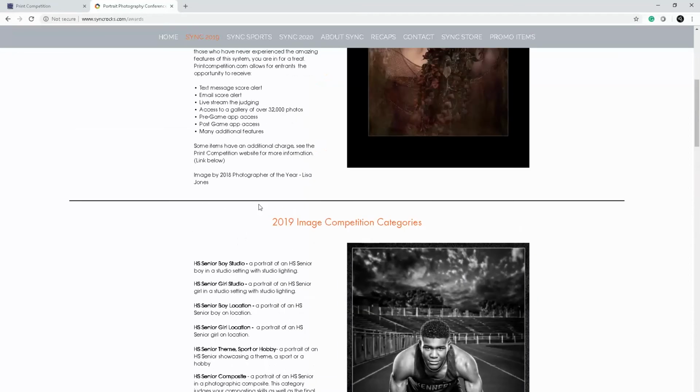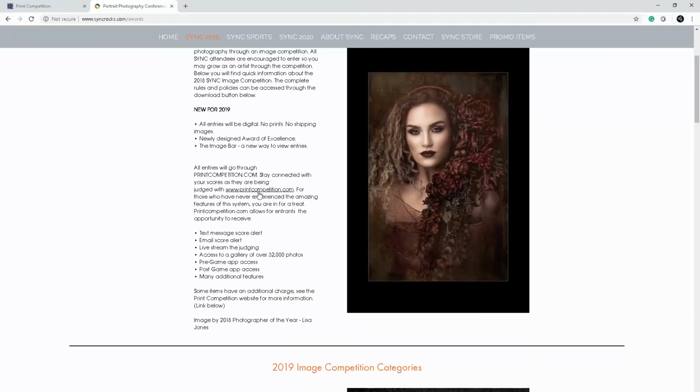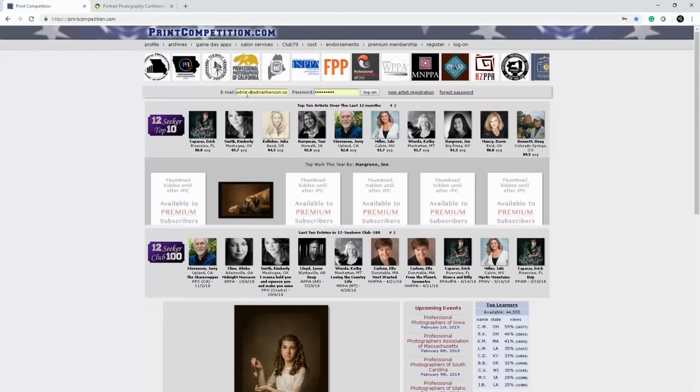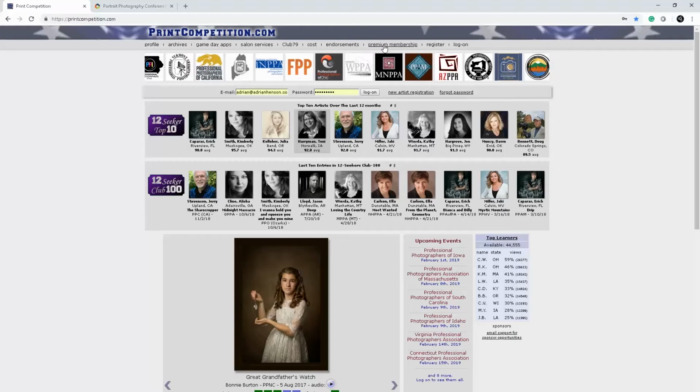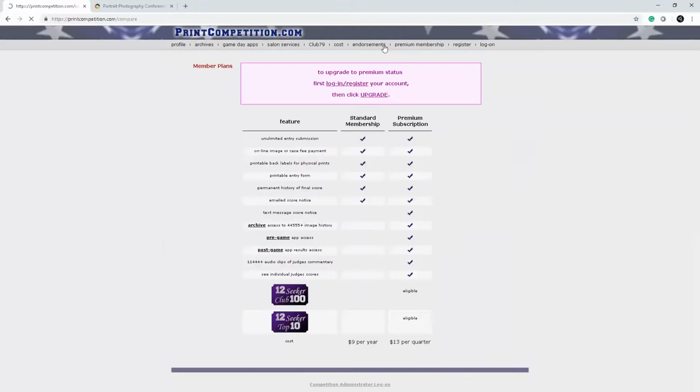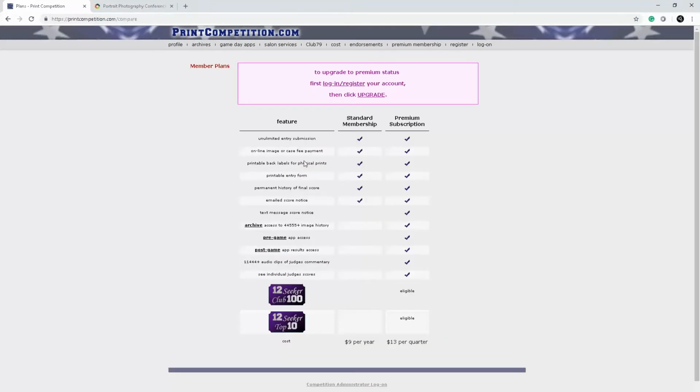If you're not going to be able to be there for Thursday, you'll go over to printcompetition.com. The link is right here, so we're already there. If you are not going to be there, you will probably want to get a premium membership. You can get a standard membership for $9, I believe, and the premium membership is $13. The regular membership lets you upload and enter. It will email you your score notice